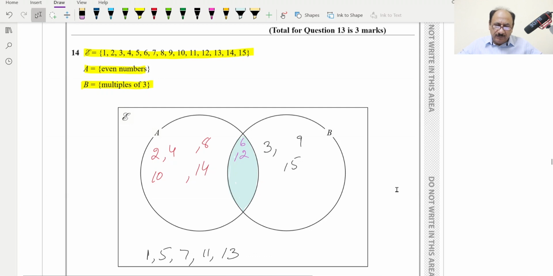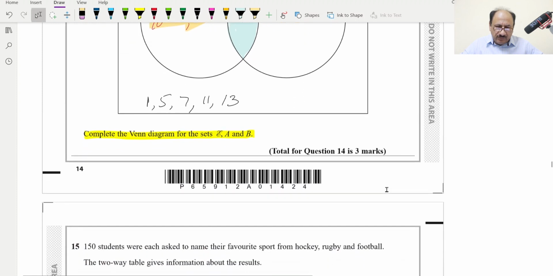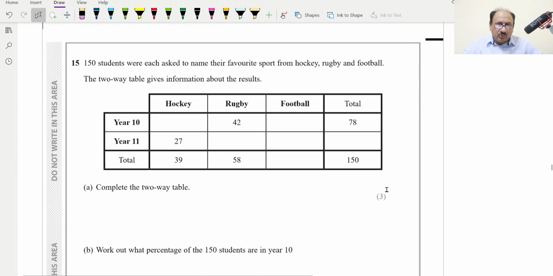So everything is done, so we can double check. These numbers are multiples of 3, and these are even numbers, and the intersection part contains even numbers and multiples of 3, and outside is whatever is not in A and B. This is done. Now we can move to question number 15, and question number 15 says 150 students were asked,